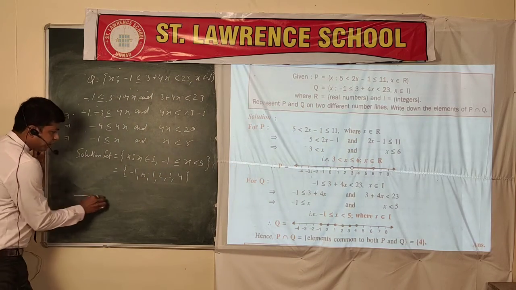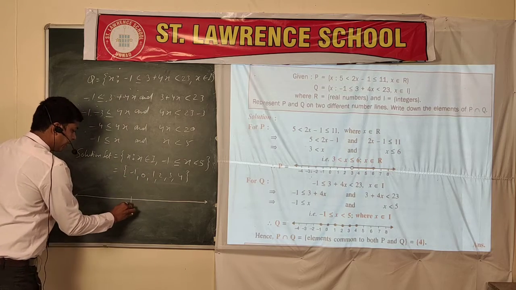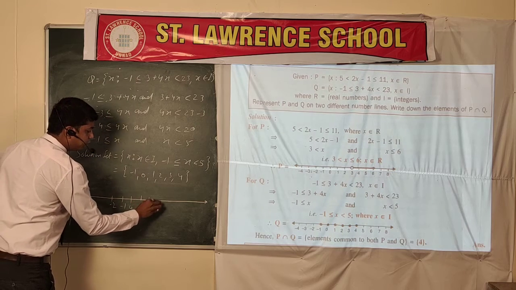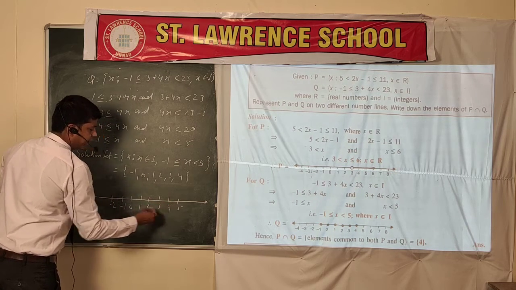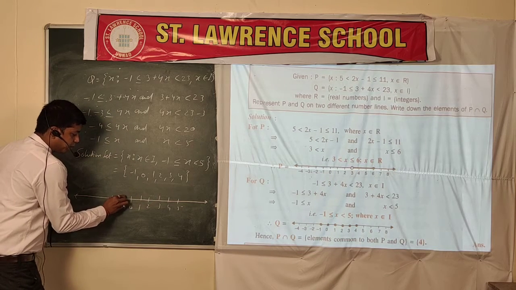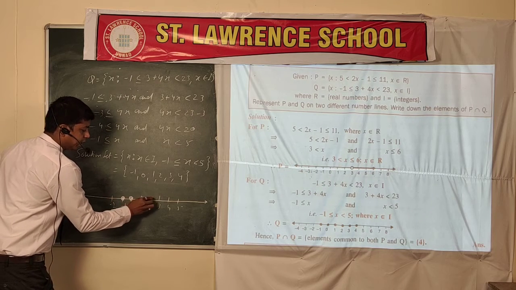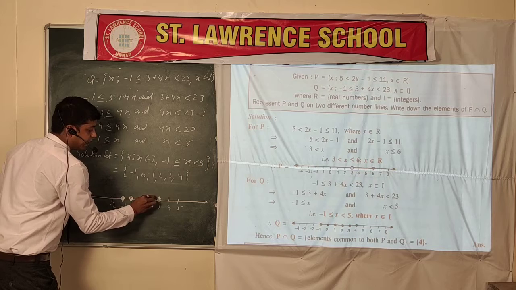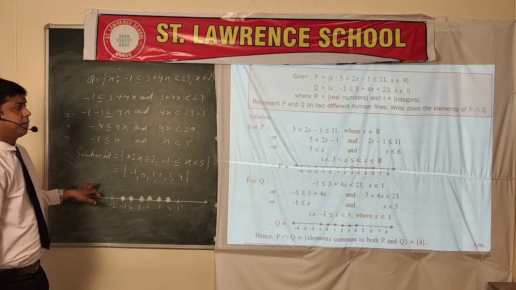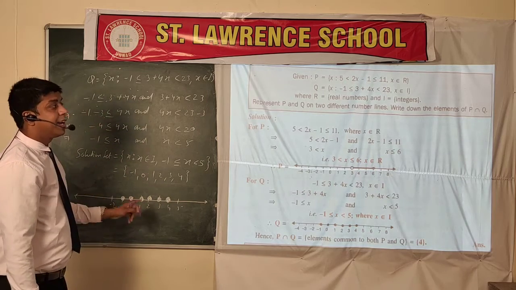And if you want to represent this set on the number line, what you have to do? Minus 1 to 4. So right here 0, minus 1, minus 2, 1 extra always. 1, 2, 3, 4, 5. Here that side also I have written some extra numbers. Minus 1 has to be taken. Darken the minus 1 particularly. Then 0. Then after 1. Then after 2. Then after 3. And then after 4. Is it all clear? This is the representation of this inequation on the number line. And I have not darkened the line.